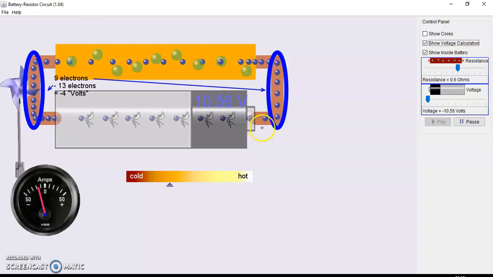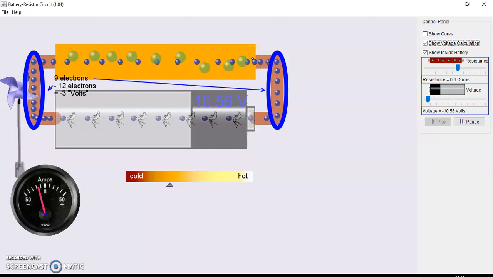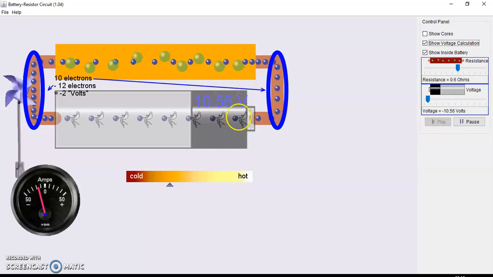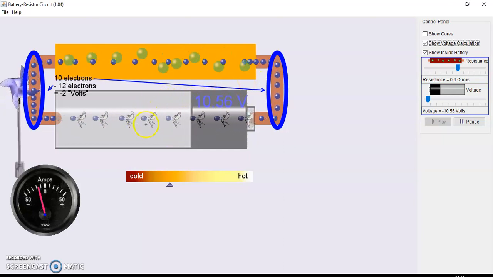So why there is this difference? Has this wire got charged? No. Then what is the difference? Why there is a difference number of electrons which are entering and leaving? That is all happening because of this battery.